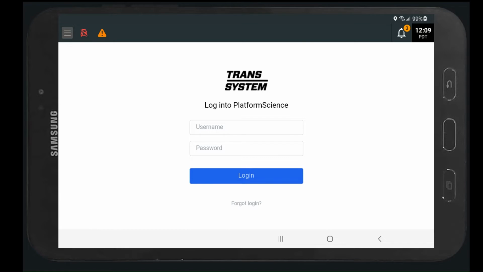This is the Trans System Tablet Training Introduction. We're going to go through a step-by-step presentation on how to navigate the system. Be aware that not all functions may be available at this time. You may need to be in a different duty status or may not have a load ready to activate on